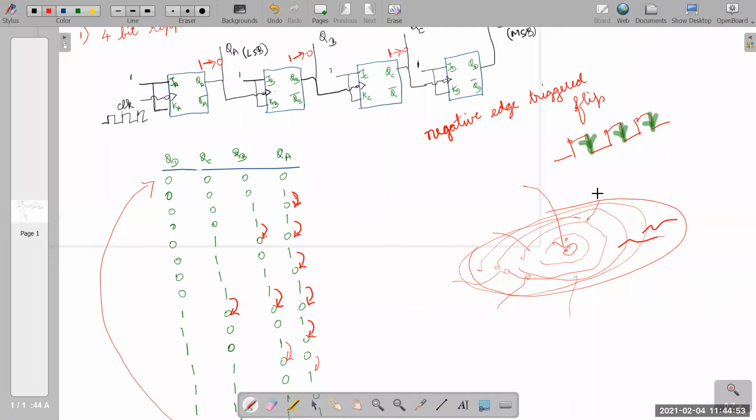That's called ripple, right? Likewise, here you are giving a clock to the first flip flop, and this clock is triggering this. The clock is forwarding. That's called ripple. That's why it is called a 4-bit ripple counter. Are you okay with this? Yes, sir. Okay, any doubts? Please feel free to ask. Or do you need one more explanation?